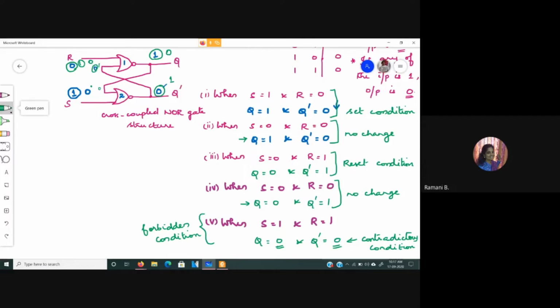Okay, so coming to the operation of these two conditions. When one of the inputs is 1, you don't have any issue at all in analyzing the circuit, right? You come across a problem when one or both of the inputs are 0; you have a problem in analyzing the circuit. So you have to just check what the previous value was over there.